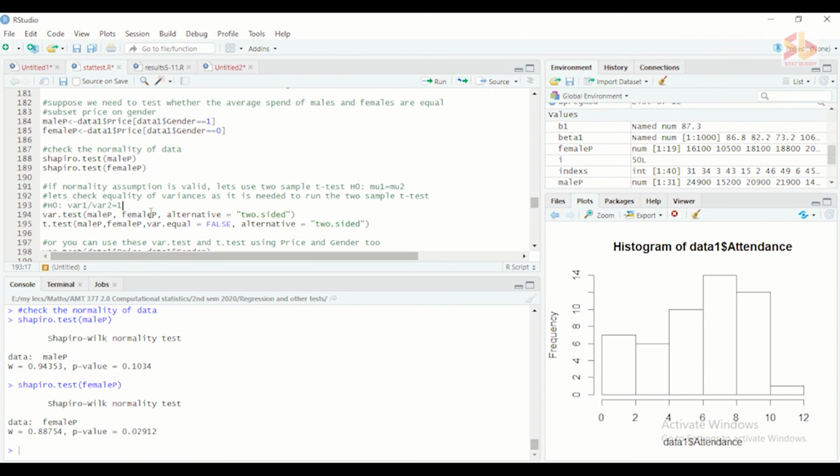To check whether the variances are equal, or whether the ratio of variances is equal to 1, we use the var.test command, and the alternative is two-sided.